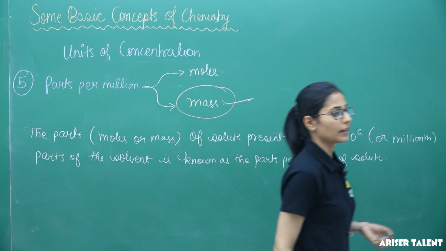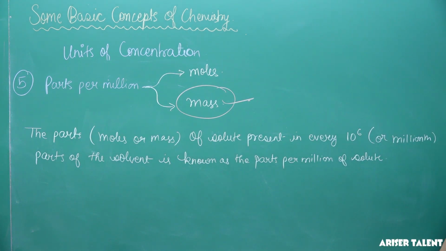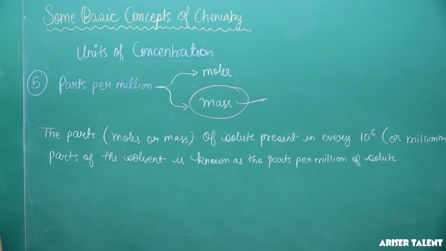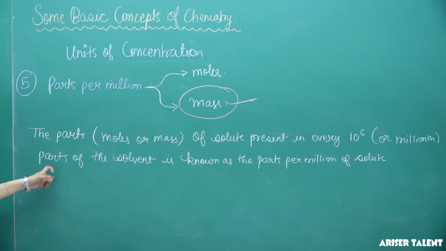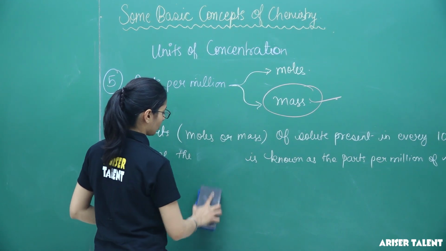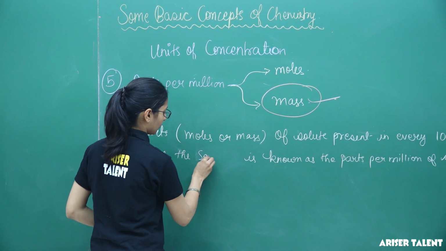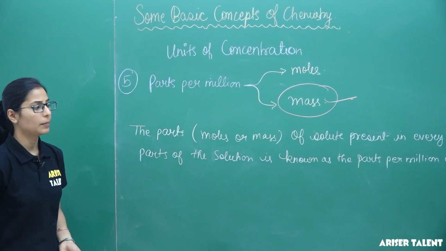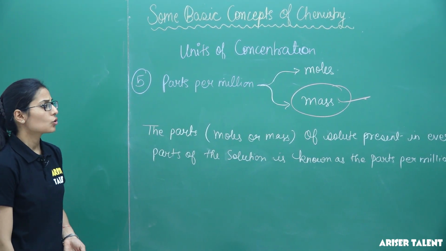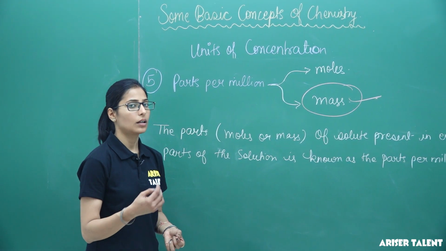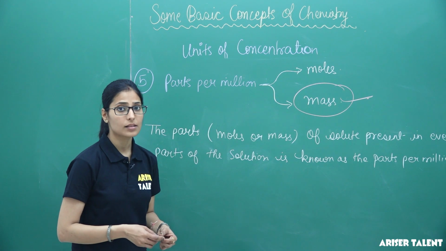Okay. So, here we have this. The parts of the solute present in every 10 to the power 6 parts of the solvent or solution is known as the parts per million for the solute. Okay. So, you might have read this many times in the newspaper or on the TV channels,